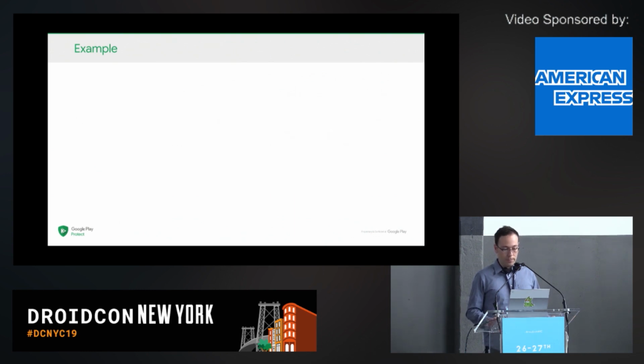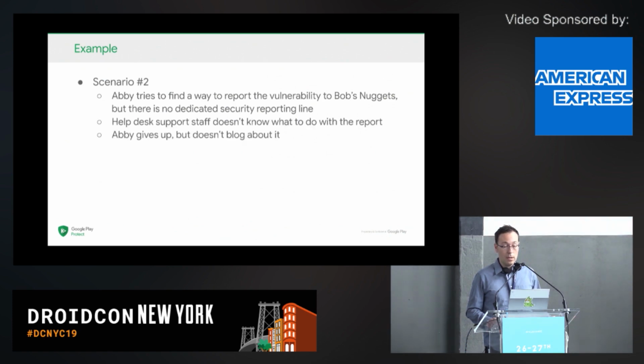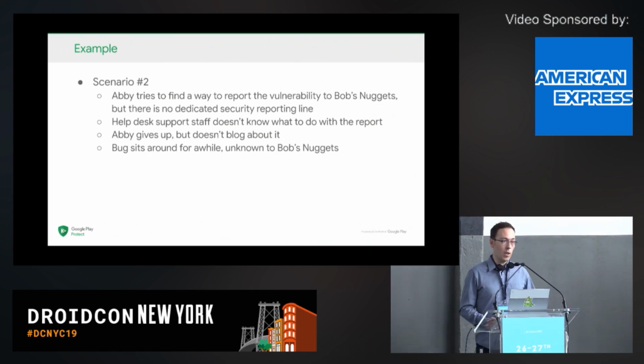So in a better setup, in scenario number 2, Abby tries to find a way to report the vulnerability to Bob's Nuggets. Still no dedicated security reporting line. Help desk staff doesn't know what to do. Abby gives up but doesn't blog about it, right? And that also happens a lot. Maybe Abby is a user of that company and doesn't want to expose it to easily get hacked. So the bug sits around for a while, unknown to Bob's Nuggets, because the developer doesn't know it, and it never